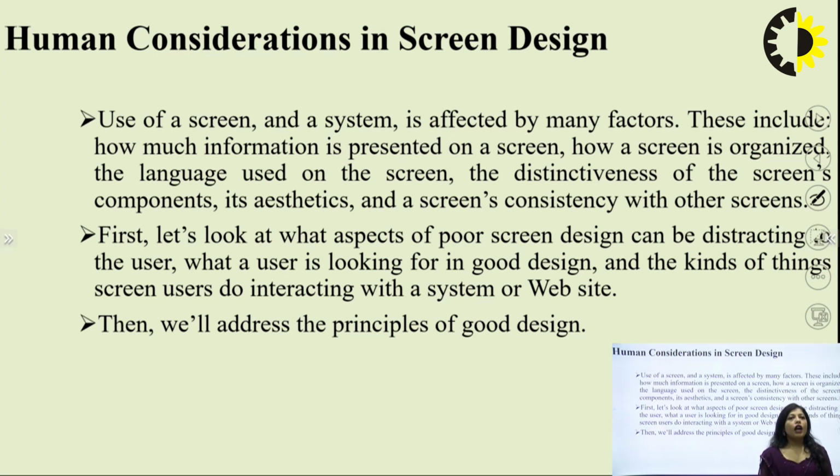Next is screen consistency with other screens. For example, if we have a website, in the website there are multiple pages, like 4 or 5 pages. In those 4 or 5 pages we have to maintain consistency, screen consistency. Screen consistency means